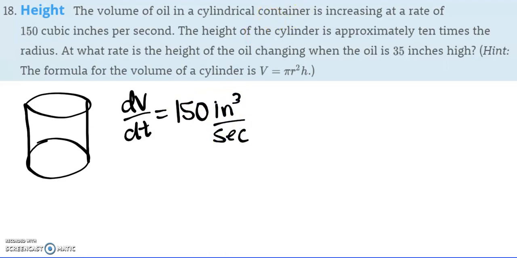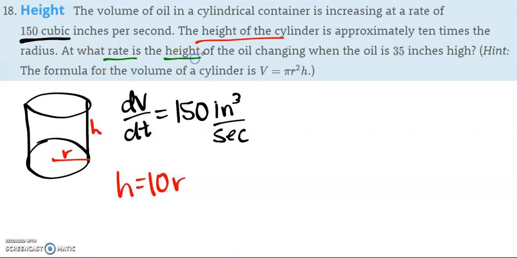The height of the cylinder is approximately 10 times the radius. So we'll put a height here, put a radius here. At what rate is the height of the oil changing